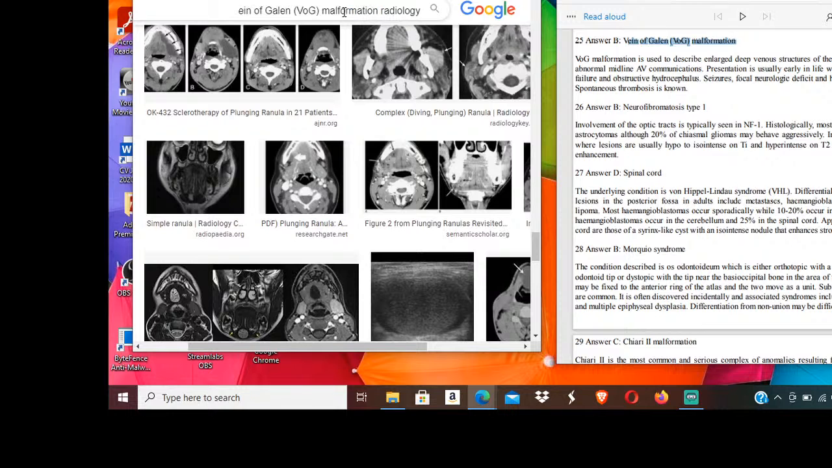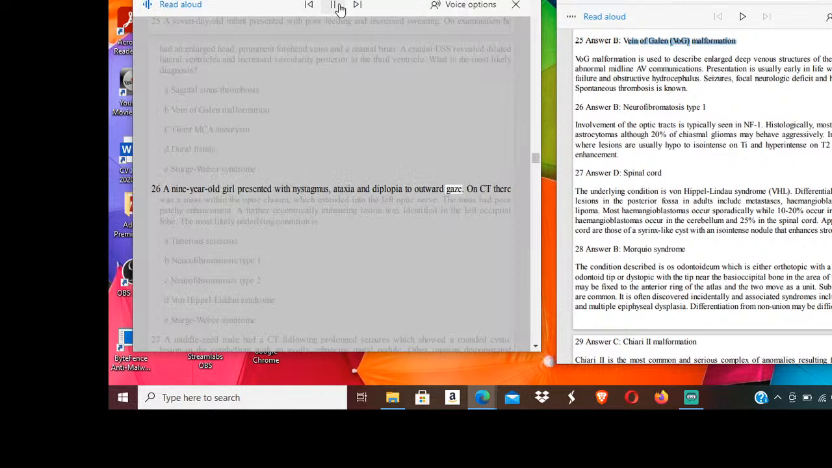26. A 9-year-old girl presented with nystagmus, ataxia, and diplopia to outward gaze. On CT,